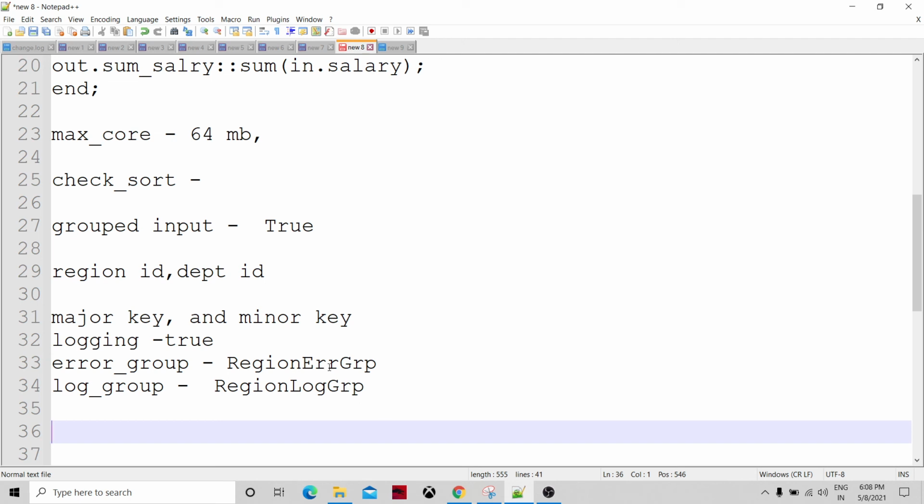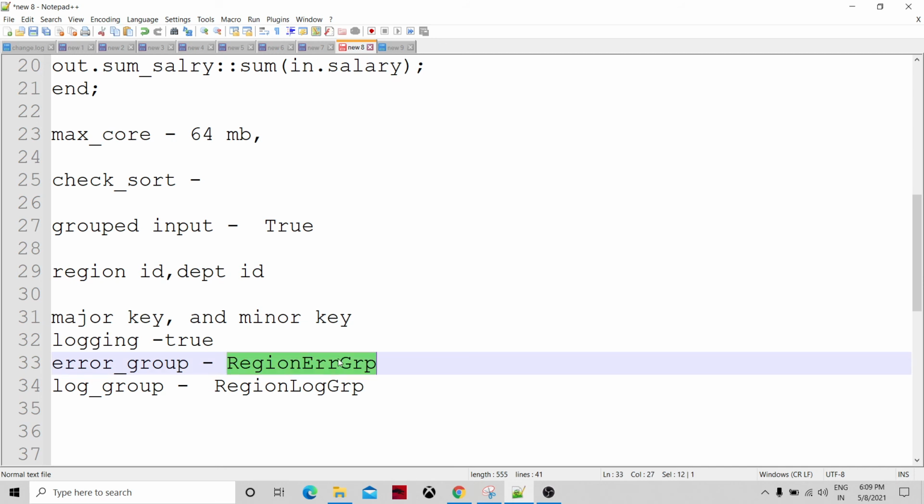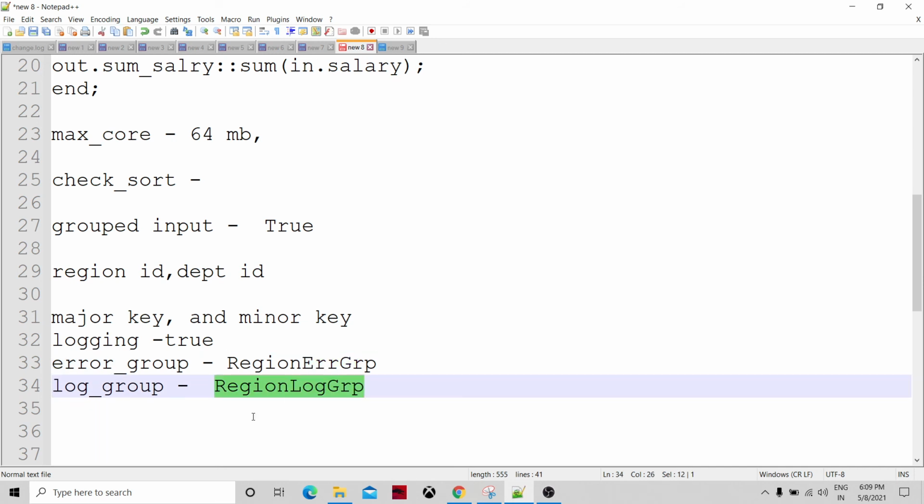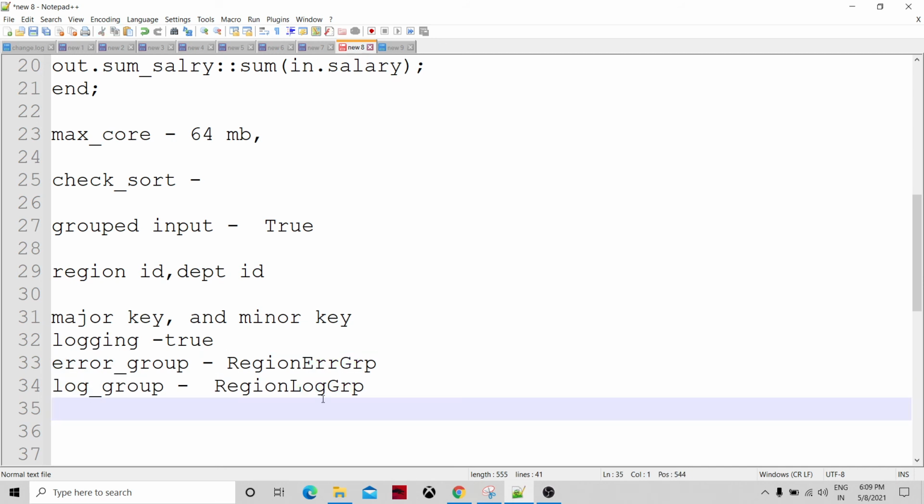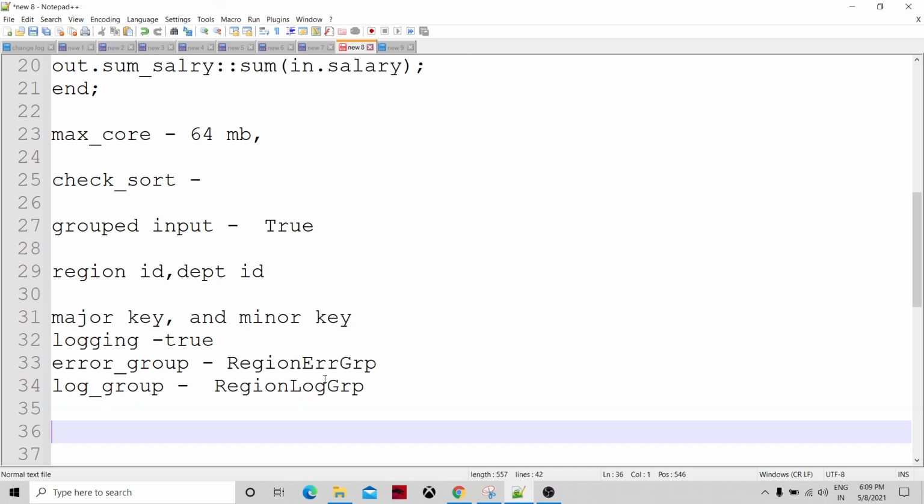So you configure your error handle and log handle components, give this group name inside those components, and read these. And in the reformat component, we can read and analyze the logs.